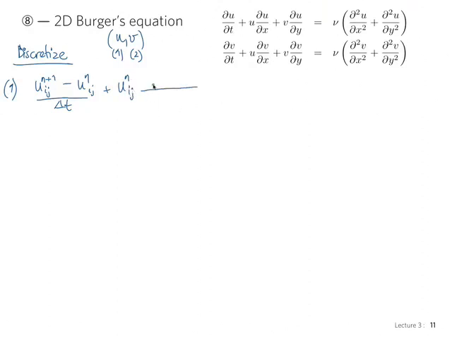Then we have plus u at time n, ij, and our finite difference approximation of the u dx. Let's use a backward, a one-sided difference. So we have i comma j minus i minus 1 comma j, and at the same time delta x, plus v n ij times u n ij minus u n i j minus 1, over delta y, equal to